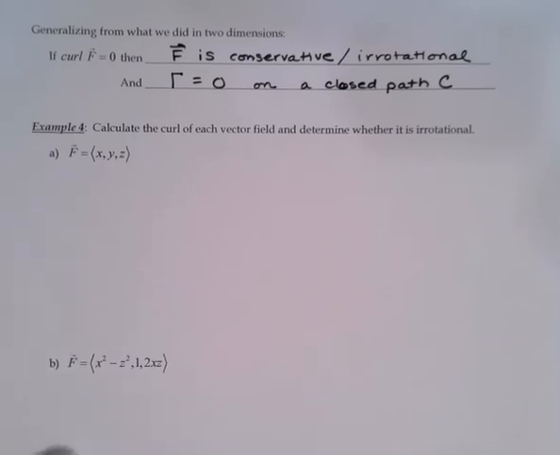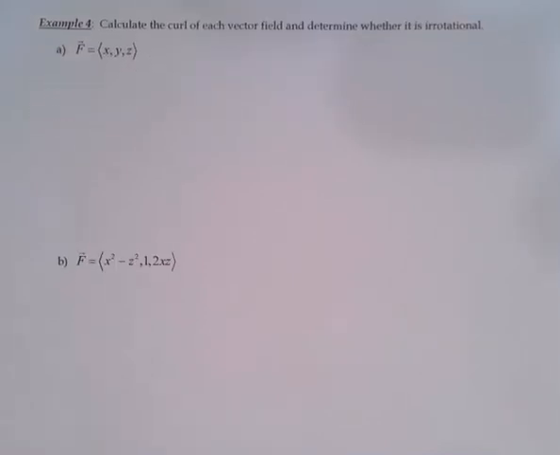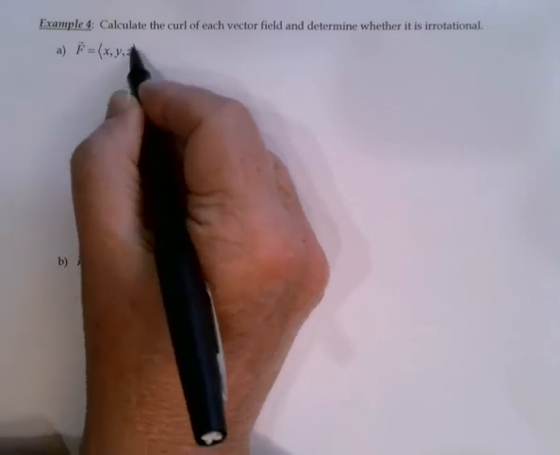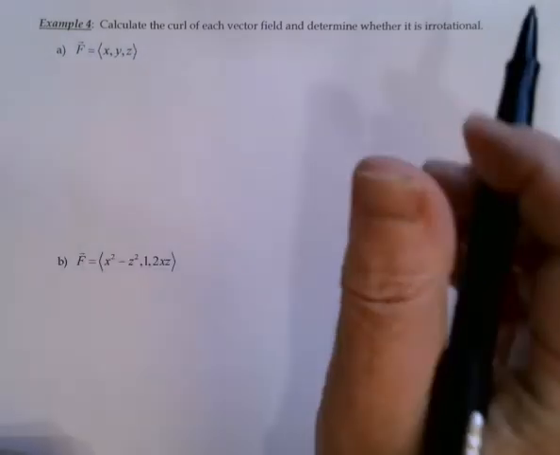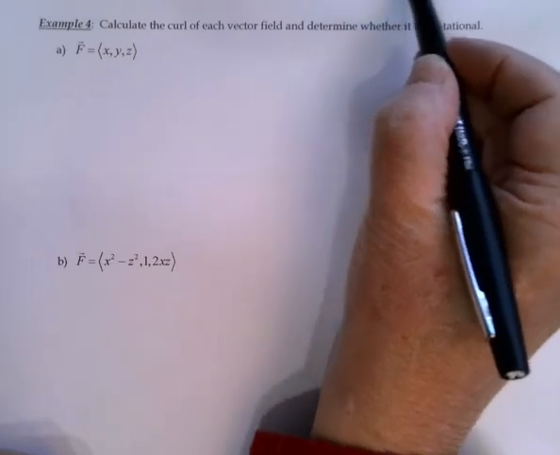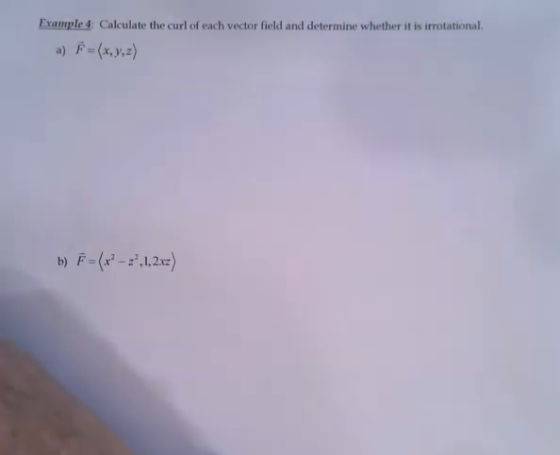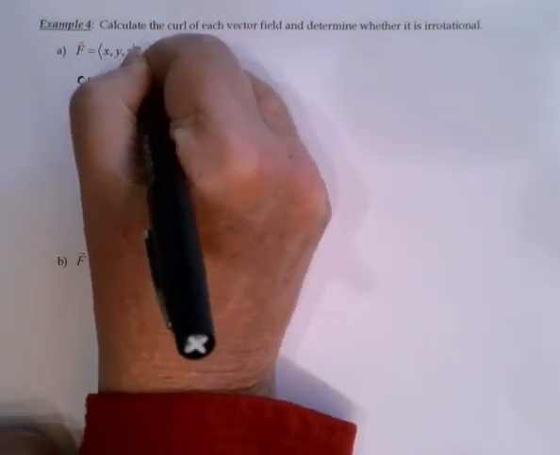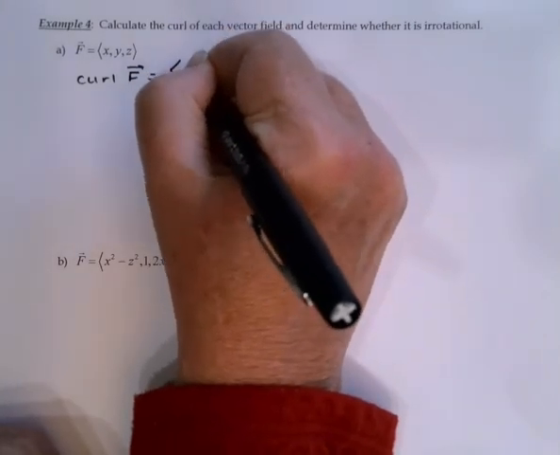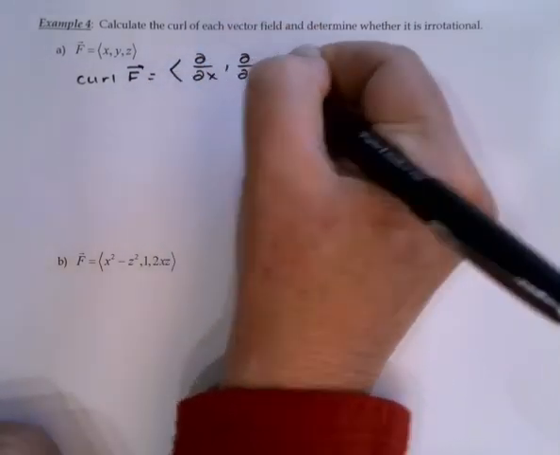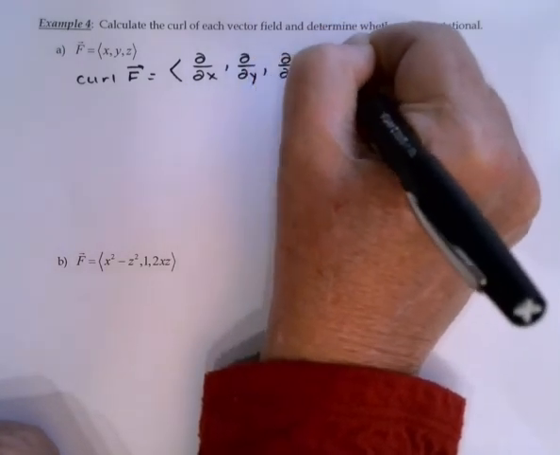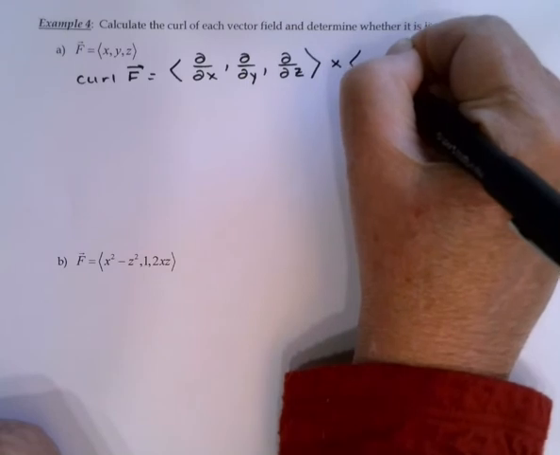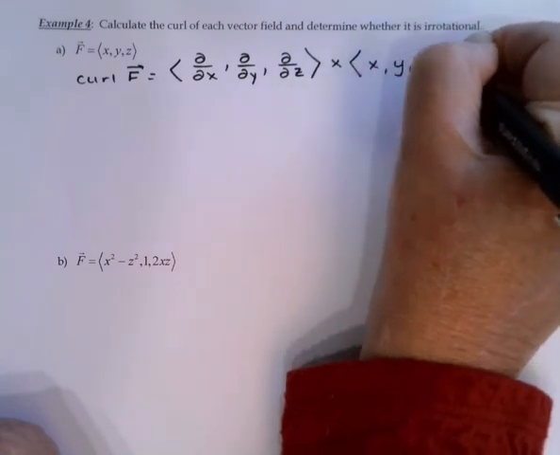All right, let's look at a couple of examples of calculating curl. We'll start with this radial vector field. Since curl has something to do with rotation, and the radial vector field doesn't rotate at all, I'm kind of expecting this one to turn out to be 0, but let's find out. The curl of f is the del operator cross product with my vector field xyz,